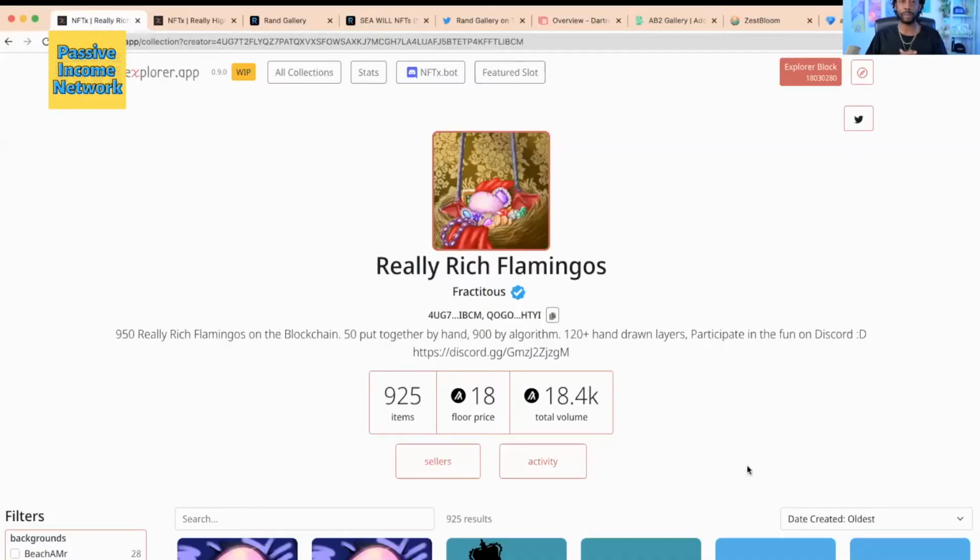Okay, so first thing we're going to do is go to the NFT Explorer. This is where you can update your information on your NFTs. And I'm not talking about your website, or the image or the video of your NFT. I'm talking about the traits and some of the data. So shout out to the NFT Explorer team.